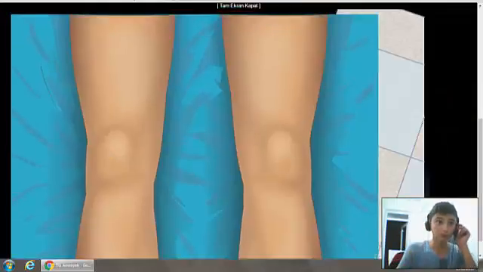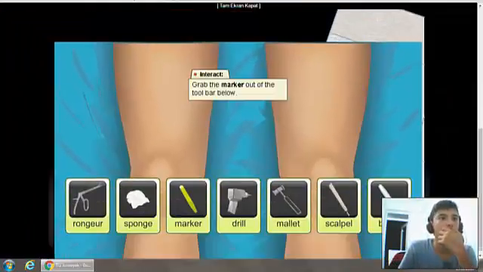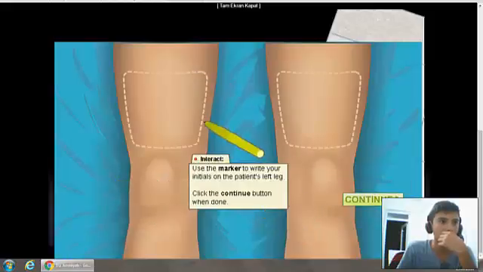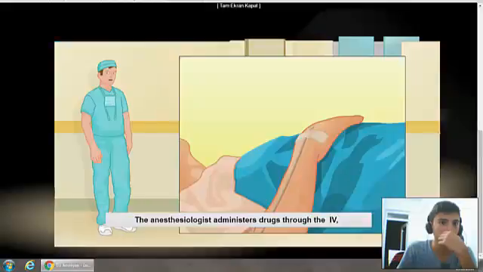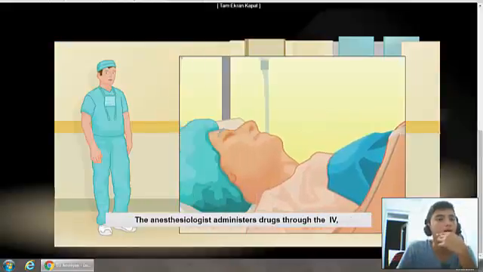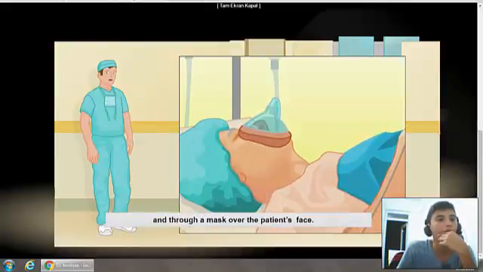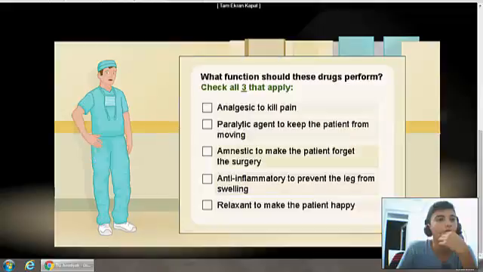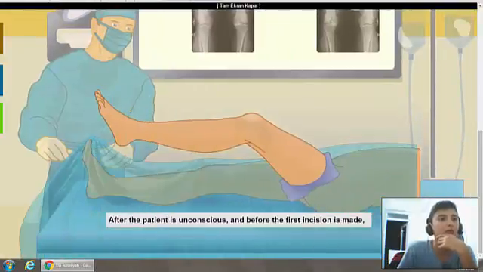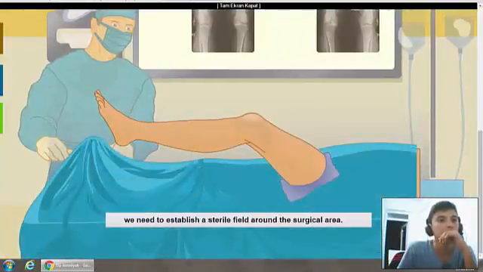Now it's your turn. Use the marker and write your initials on the proper knee to be operated on. This may seem silly, but it's an actual step taken to prevent wrong site surgeries. The anesthesiologist administers drugs through the IV and through a mask over the patient's face. What function should these drugs perform? Great. Fantastic. After the patient is unconscious, and before the first incision is made, we need to establish a